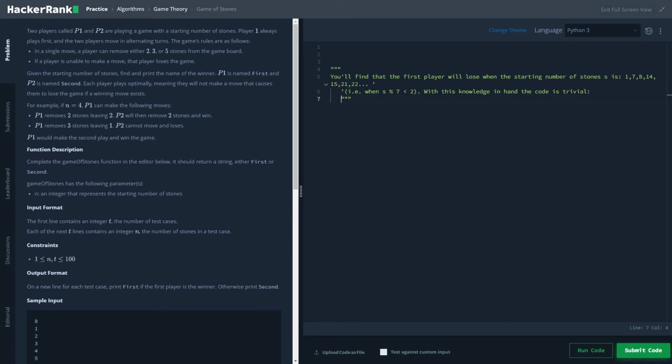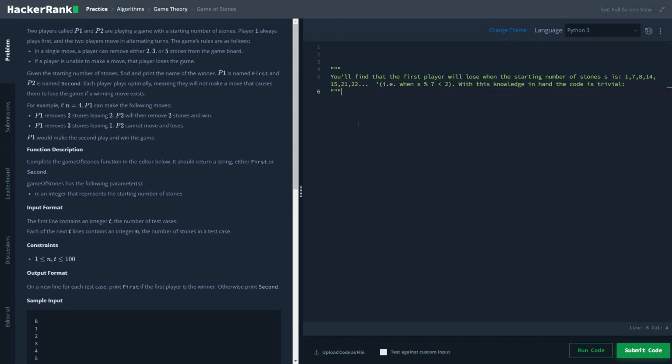The same goes for 8. If you make a basic series out of the instances where player 1 is going to lose, you would find the pattern 1, 7, 8, 14, 15, 21 and 22. Basically it's going to be related to divisibility by 7.